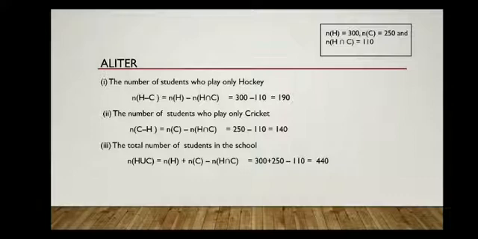Okay. The only thing is you have to read the question carefully and write what is given and what they are asking. You have to be clear on what is given and what is asked, what we have to find out. If you differentiate those things, if you are clear on what is given and what we have to find out, then using the results or using the Venn diagram, we can find the answer for these problems easily.